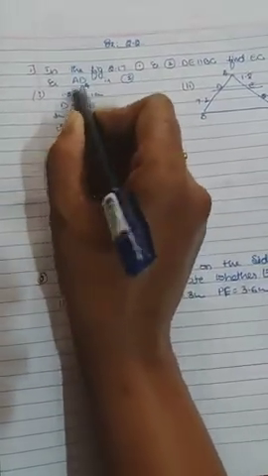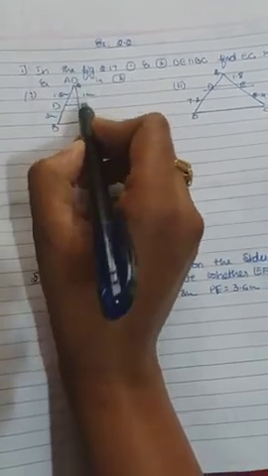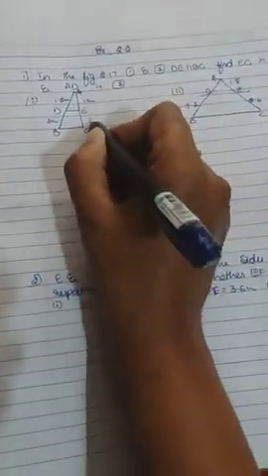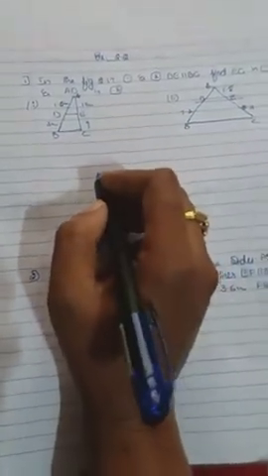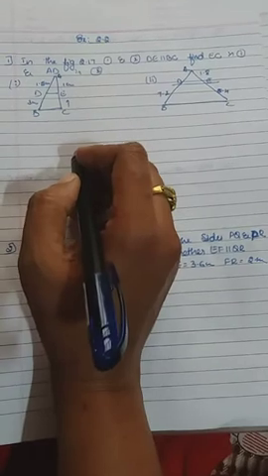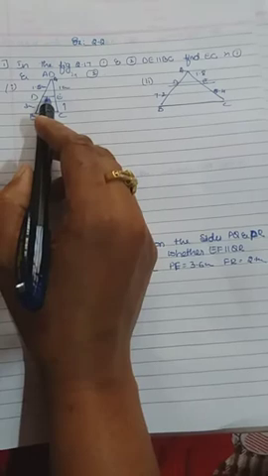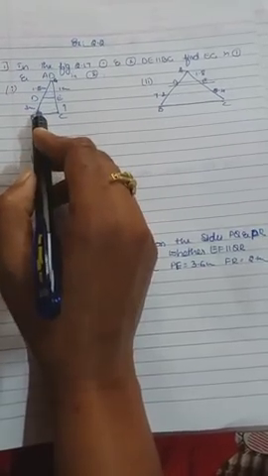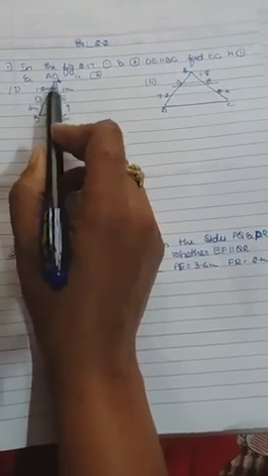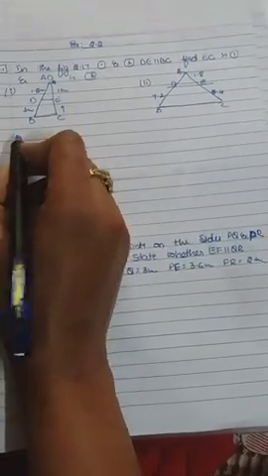In that figure AD is given as 1.5 centimeter, DB is 3 centimeter, AE is 1 centimeter, and EC we want to find out, so that should be a question mark because we don't know it. Clear? According to the basic proportionality theorem, I think you know about that. What is that? If a line is drawn parallel to one side of a triangle and intersects the other two sides, it divides them in the same ratio. BPT, I mean Thales theorem, that is AD divided by DB equals AE divided by EC. We know that already.